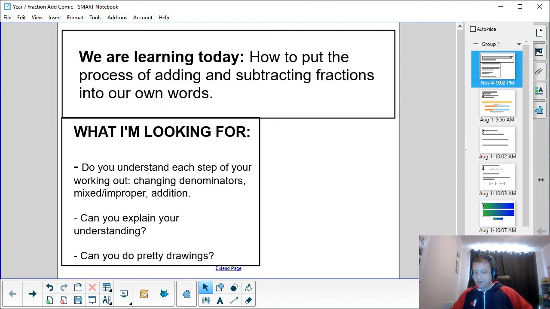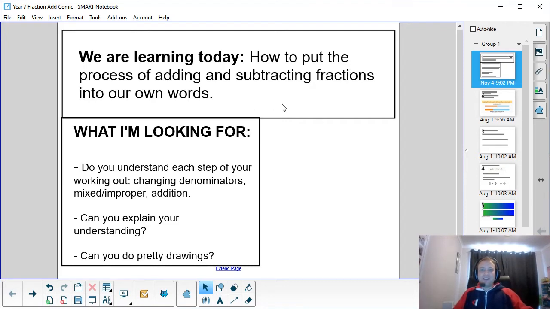So we're going to end this week on adding and subtracting fractions with a different kind of activity, an activity that a lot of you aren't going to like, but some of you might love, something a bit different than anything we've done in maths this year. And it's going to help us really get an idea of how well you understand this process of adding and